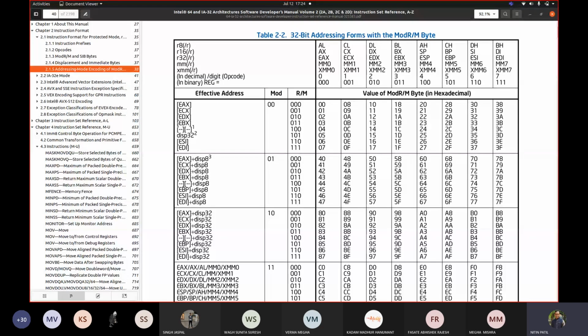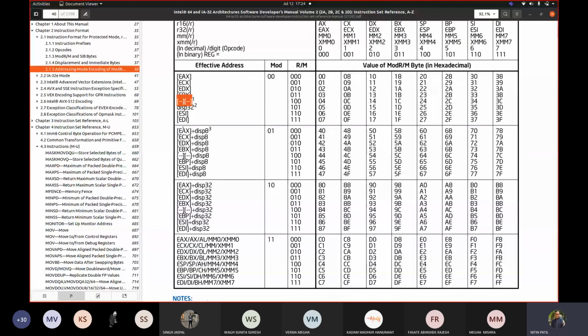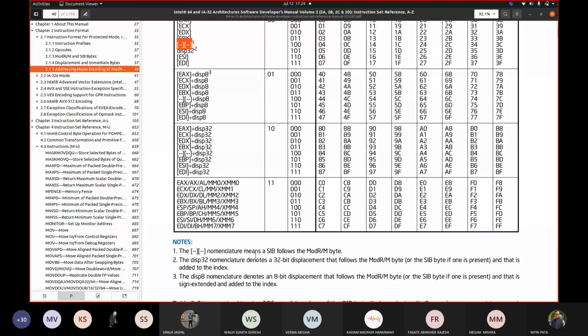Now what will happen with this? We'll target it afterwards. What is this ESP thing for? We'll not address it right now. We'll talk about this afterwards. This adds something here. The nomenclature means a SIB follows a ModRM byte. So we are not worrying about that part right now. What exactly it is, we don't care. I'm not addressing this whole 100 row. We address this 101. Rest of the things you can definitely get.